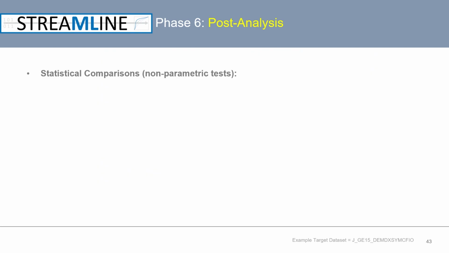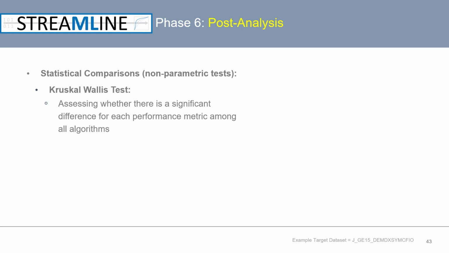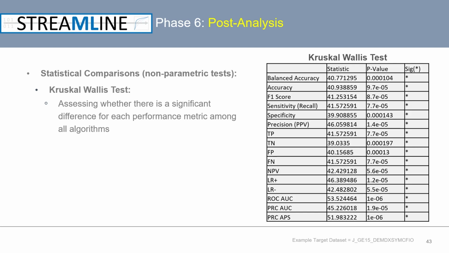The last post-analysis element we'll talk about are the statistical comparisons. For simplicity, STREAMLINE uses non-parametric statistical significance tests. The Kruskal-Wallis test is used to assess whether there's a significant difference for each performance metric among all algorithms. Here we can see some example results indicating that there were some significant differences among algorithms for all 16 metrics